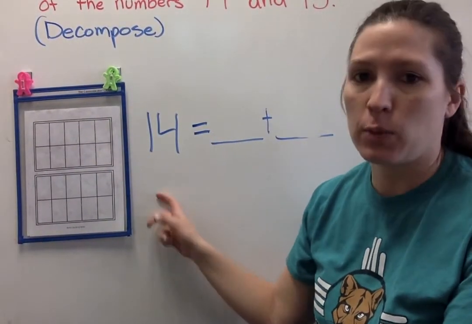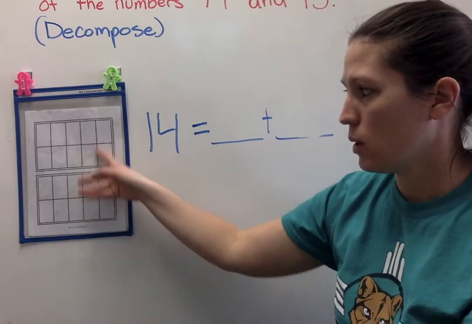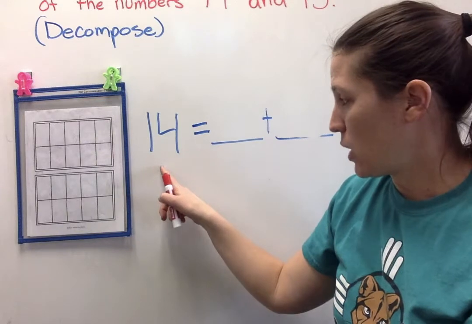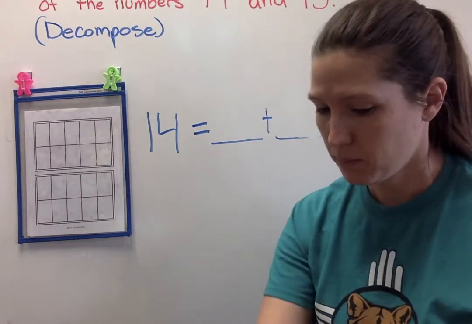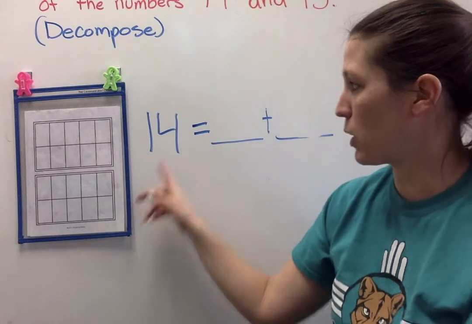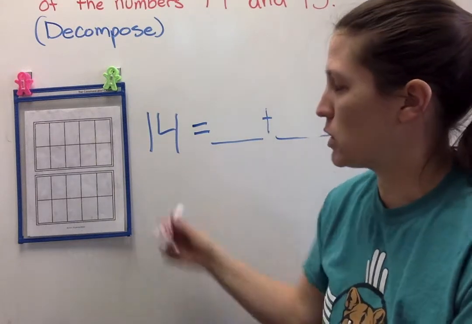So let's practice decomposing 14. We're going to do it both ways. We're going to do it on the board, on our double 10 frame, and with our cubes. If I know I need 14, I need to decompose 14. Decompose means break apart. I'm going to break apart 14 into 2 parts. Let's draw 14 on our 10 frame